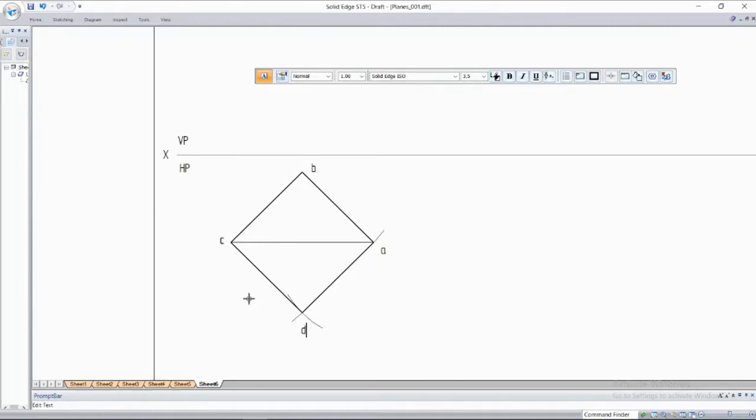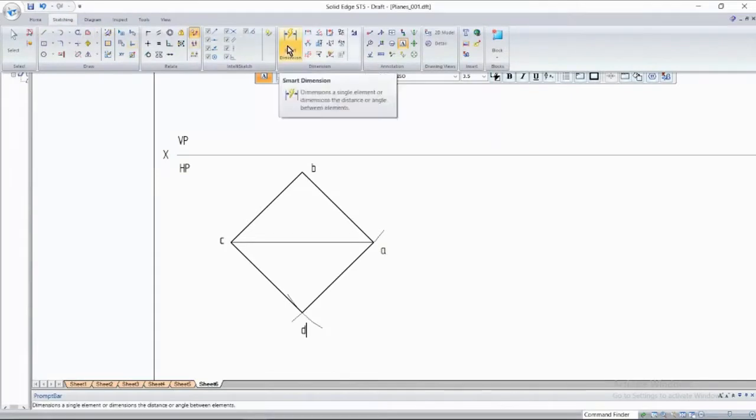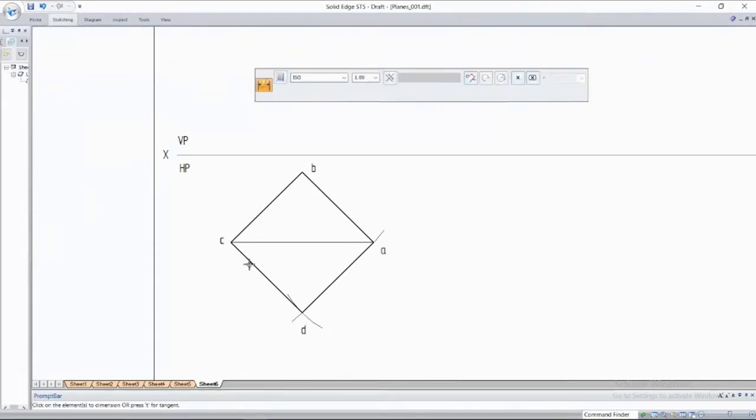And show the dimension here. Whenever you show it like this, resting on a corner, you better show the dimension here. No need to show the dimension on the right hand side. You have to always show the dimension on the left hand side. I'll take smart dimension. Just properly place it and place the dimension.